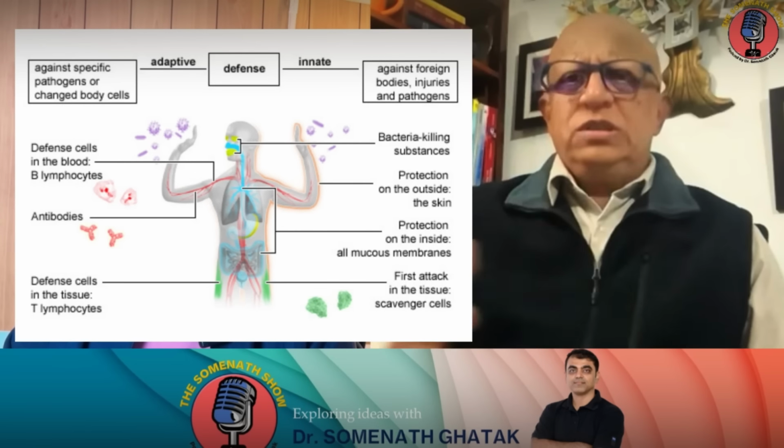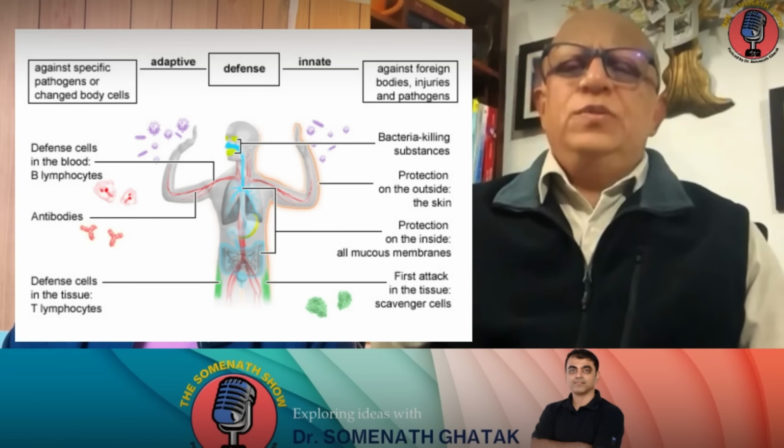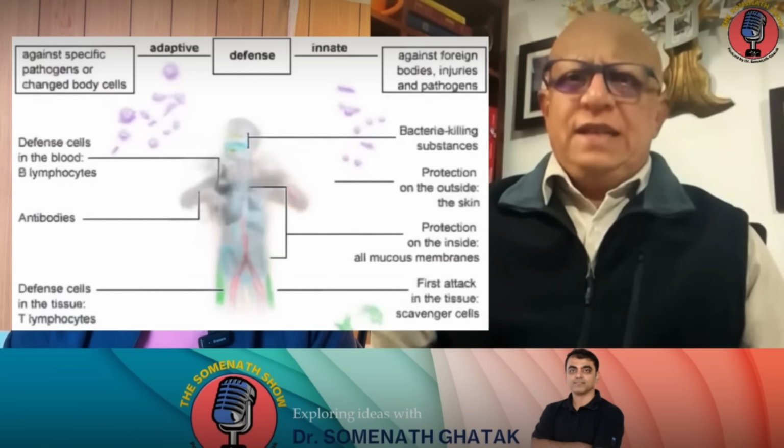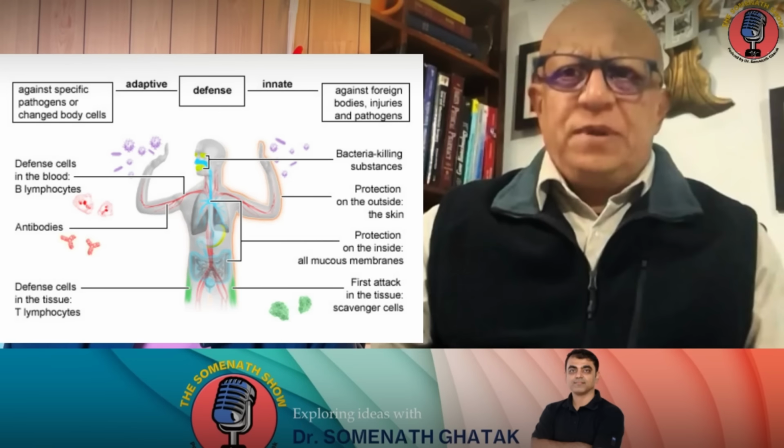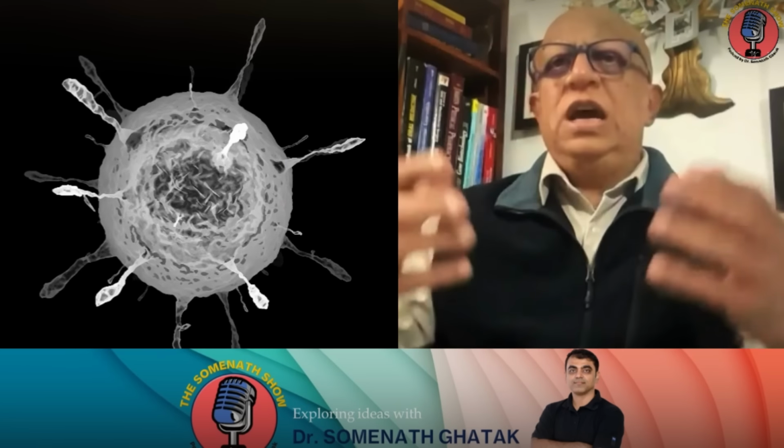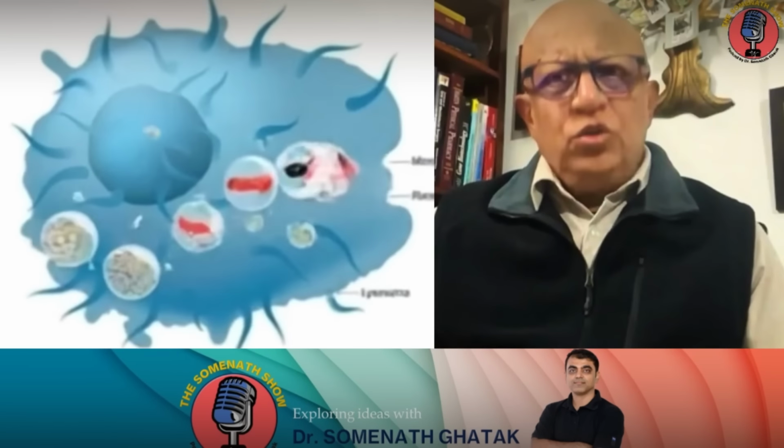The innate immune response, which is the first line of defense, gets activated, and that leads to the activation of a more specific, antigen-specific immune response, which is called the adaptive immune response. T cells and B cells carry antigen-specific receptors on their cells, and whenever a pathogen comes into our body, the cells of the innate immune response, the phagocytic cells like macrophages, dendritic cells and neutrophils,